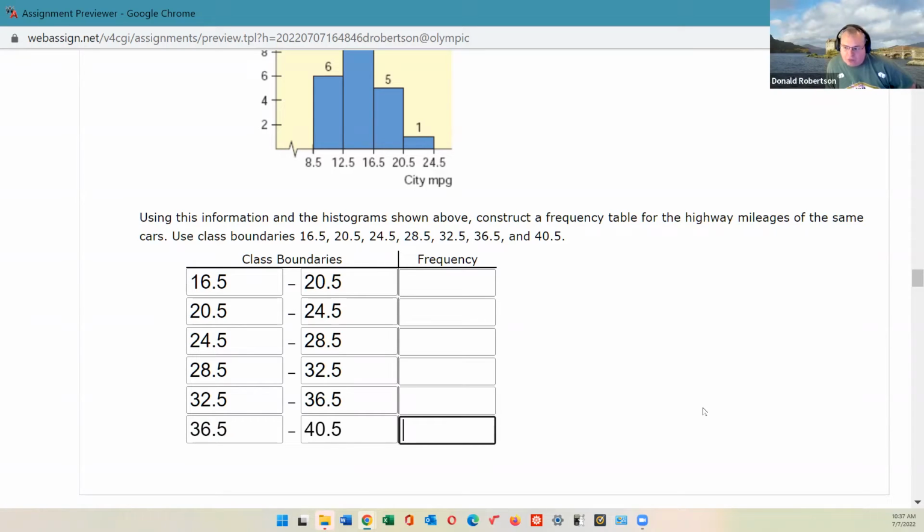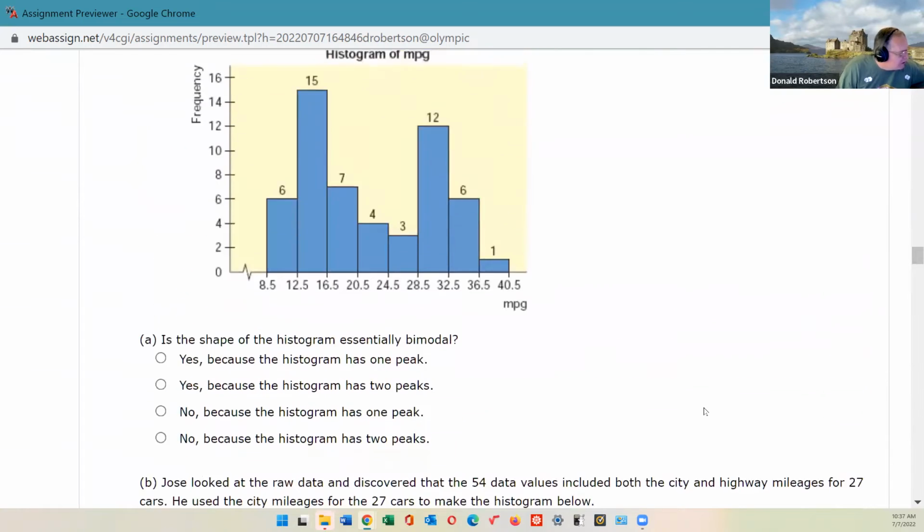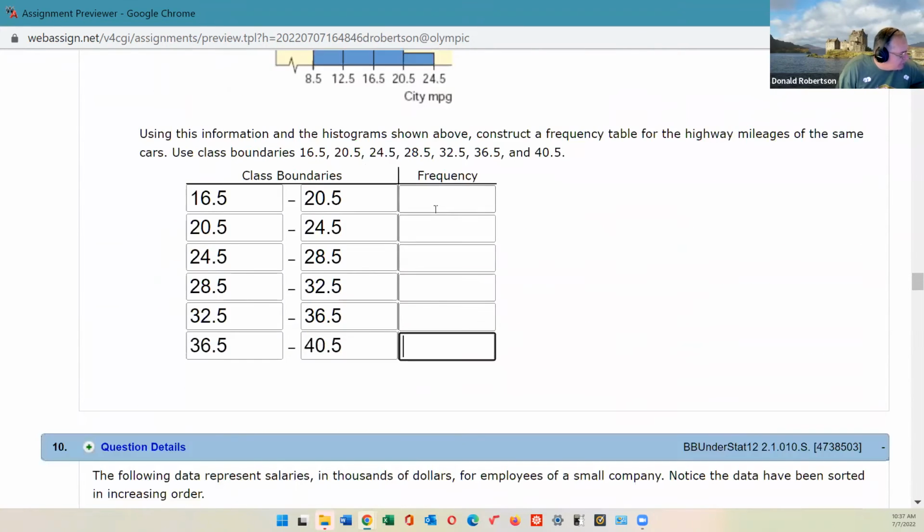So which one do you choose? The 32.5 to 36.5 or the 36.5 to 40.5? 32.5 to 36.5, because the 36.5 is the little tiny fraction after. Okay. Now, the numbers that we are going to get from these